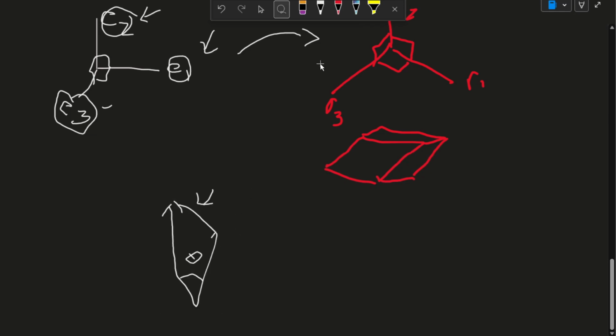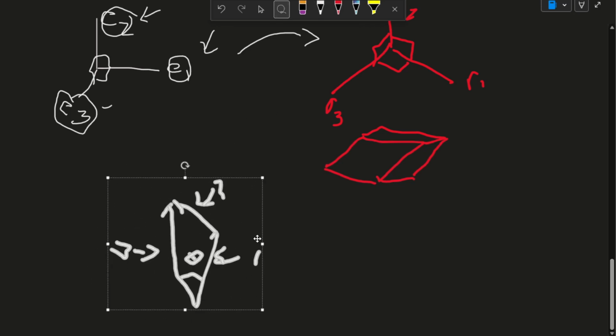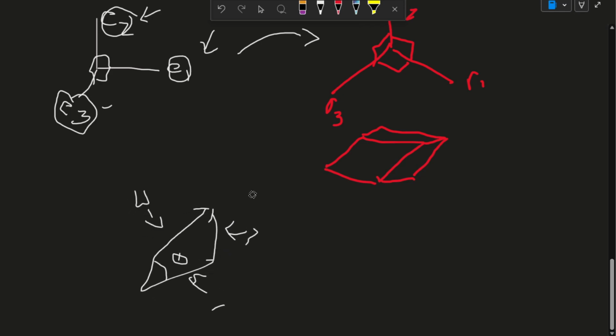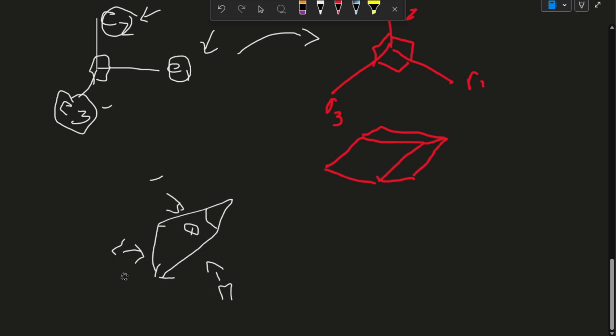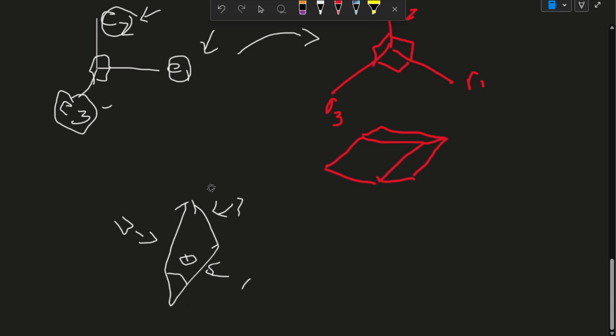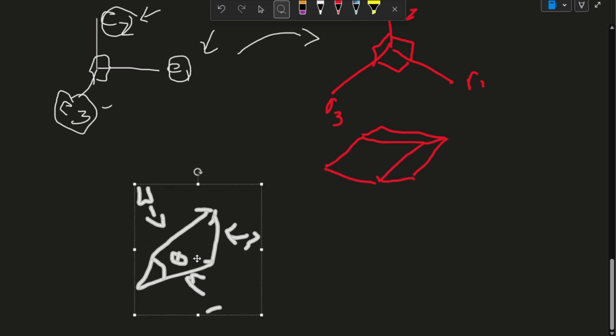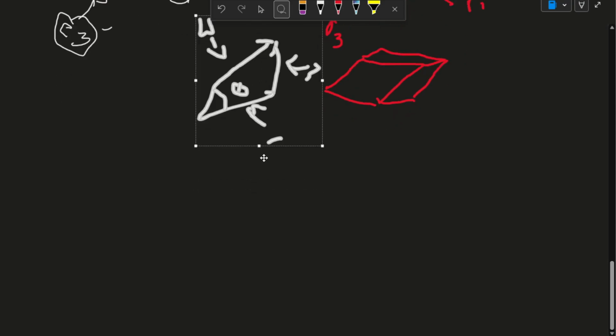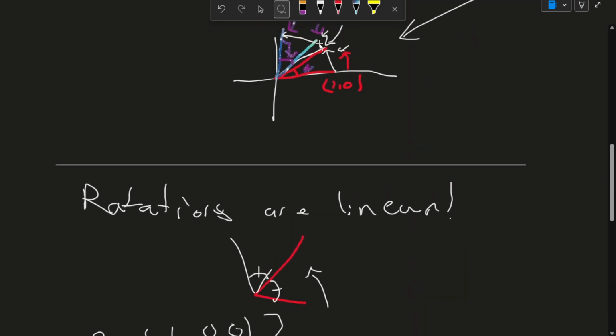The fact that these two vectors, let's say 1 and 2, add to the third vector has not changed by me rotating this whole assembly. Does that make sense? Does that help at all? Okay. But if you believe me that rotations are linear,